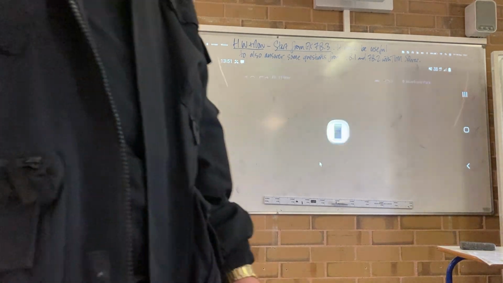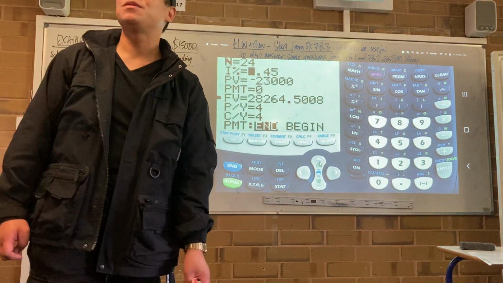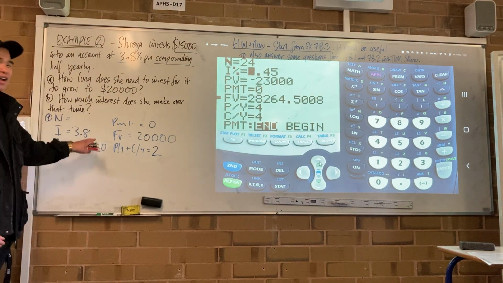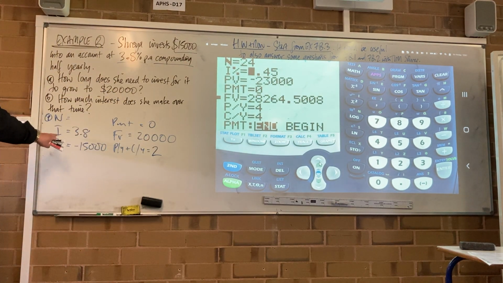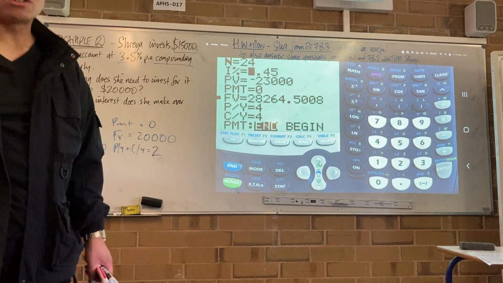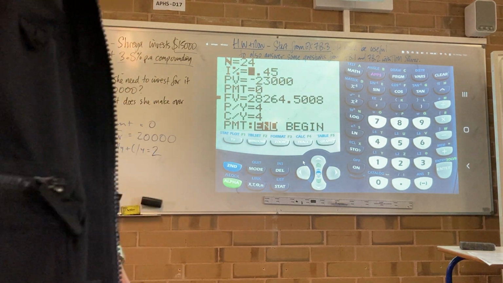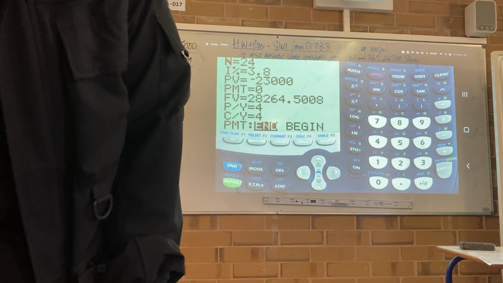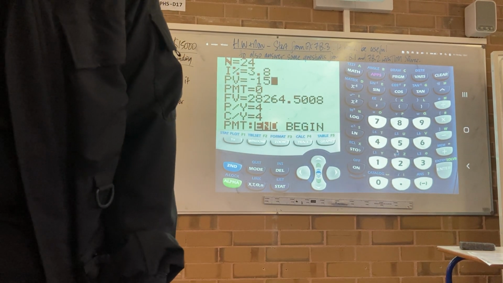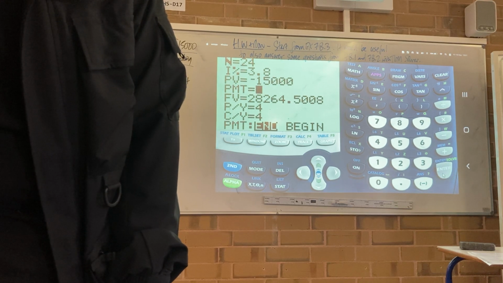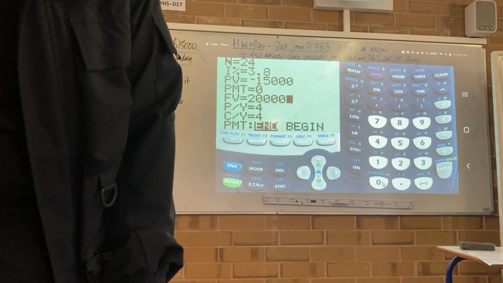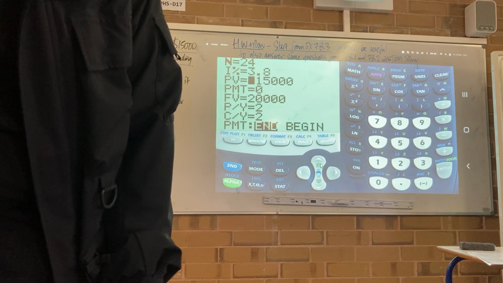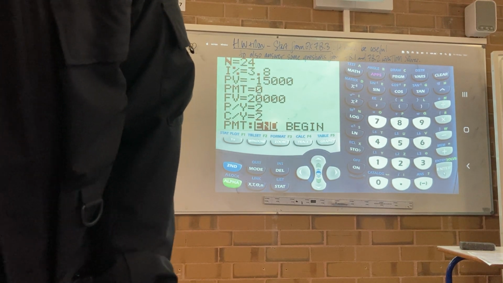See what I mean by the tests being hard to do? Because if you stuff it up, you have to start over. There's no starting over here. So what's the only thing that I don't know? N. So I solve for that. 3.8, negative 15 grand, no payments. It grows to 20,000. It only compounds twice a year. So if I solve for N,